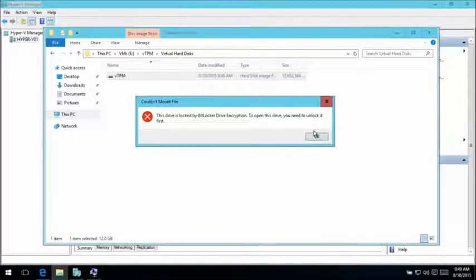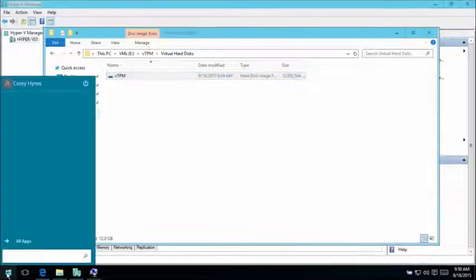So now I'm the fabric administrator and I'm the bad guy. I grab this VHD, I take it home. I can't do a darn thing with it. No, and even if you open disk management on the host machine in this case,